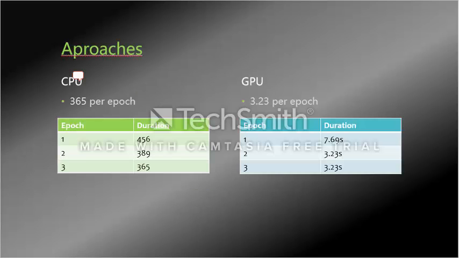The main problem we had is that we tried to run on a CPU computer, and it is too slow. It usually takes 365 seconds per epoch, and we changed it to a GPU so we could make it faster, to 3.23 seconds. This is a big computer, so it processes information a little bit faster. So that's why we decided to use CUDA with NVIDIA.